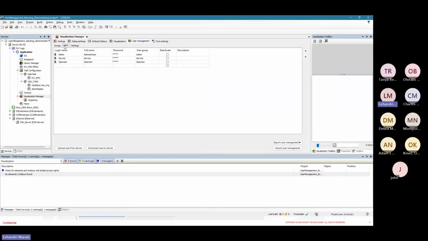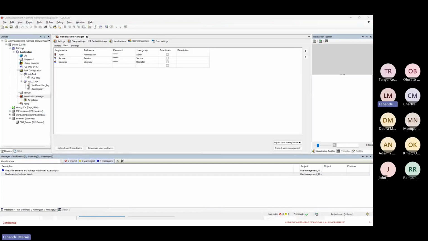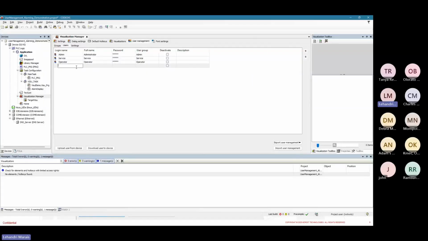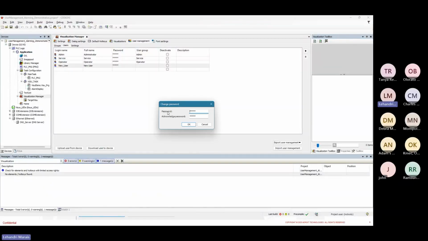So next is the users tab. This is where you add users, set their passwords, set their names, and assign them to groups. So if you want to add a new user, you'd enter the name in an empty field, so most likely at the bottom, give it a full name,